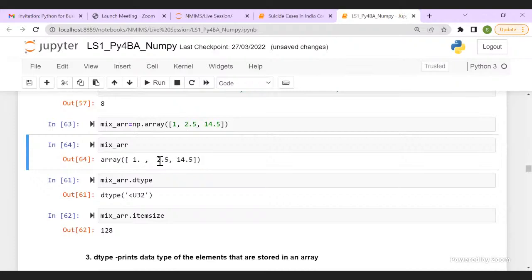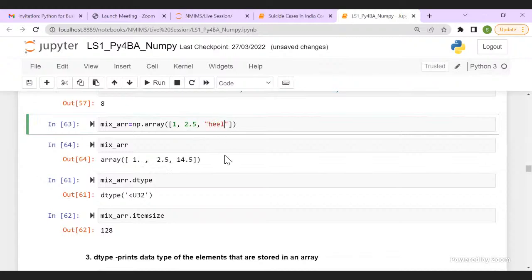I'm seeing 1 point because a decimal point is here, 2.5 and 14.5. So Manmeet was asking if it will convert to the highest data type. Yes, it will convert to the highest data type. The second question he was asking is, if some integers and floats are given, it should convert all to floats. Yes, it has converted all to floats. Okay, so let me roll back the changes now.